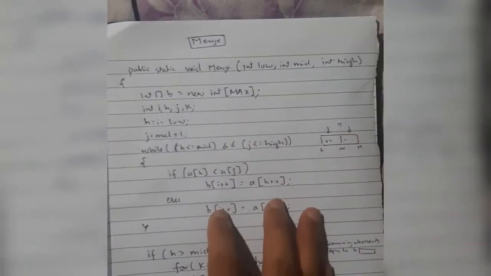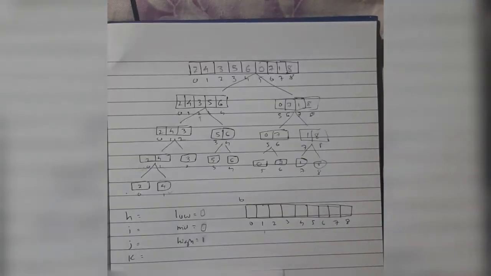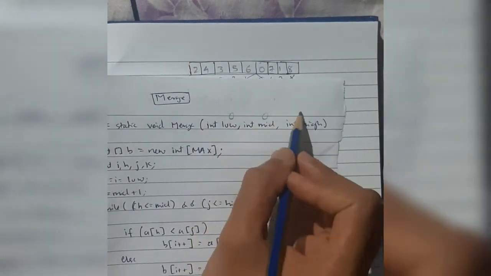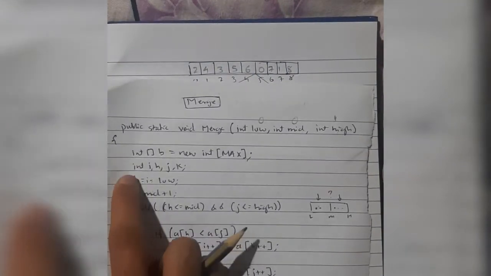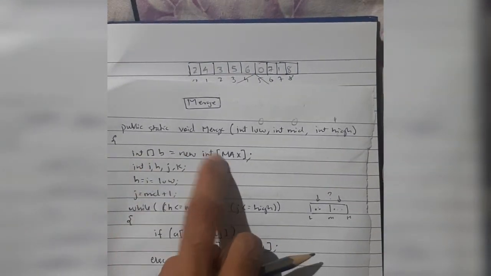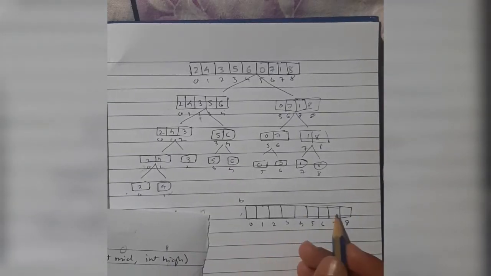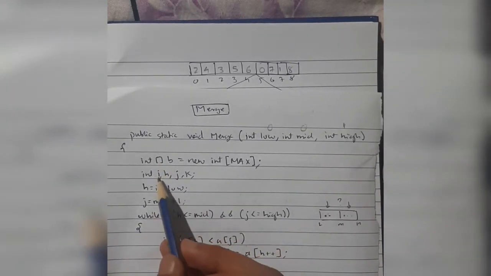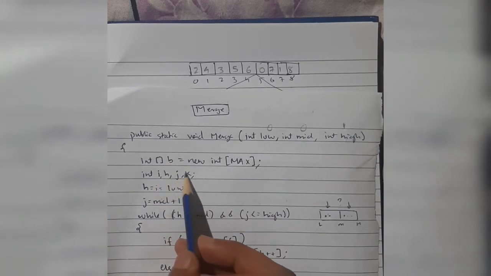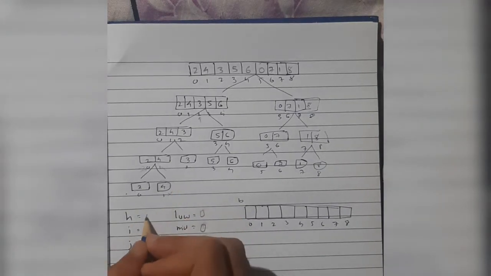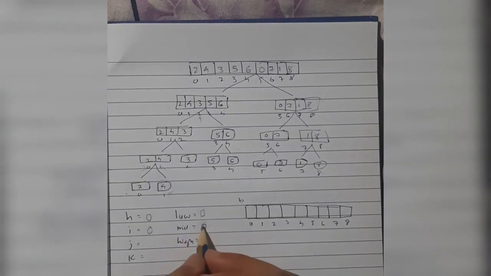This is the merge function here. So let's understand slowly what this line of code does. What values are you passing here? 0, 0, and 1 for low, mid, and high. So we'll write here, low is 0, mid is 0, high is 1. Okay. Initially we'll be creating a new array here, b, of the same length. So here is the b array, which is empty initially. Then we'll be creating 4 variables: i, h, j, and k. And h is equal to i is equal to low. Low is 0, so both of these will be 0. J is equal to mid plus 1. Mid is 0, so j is equal to 1.